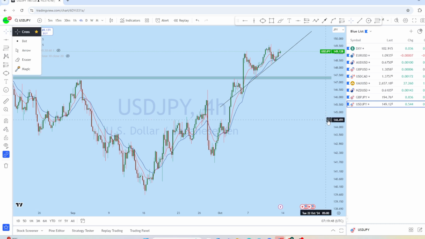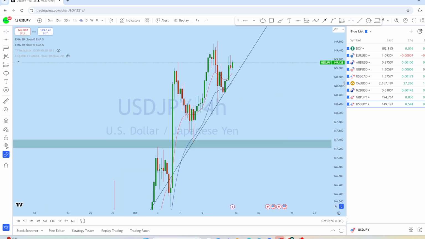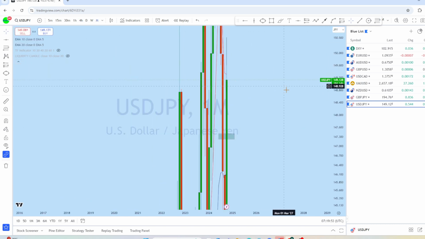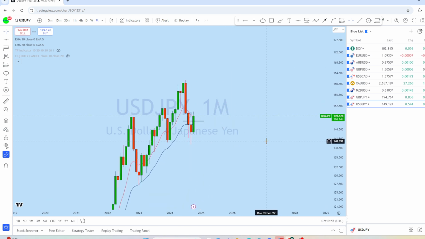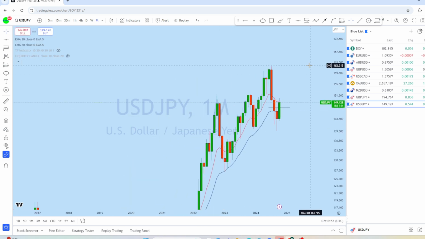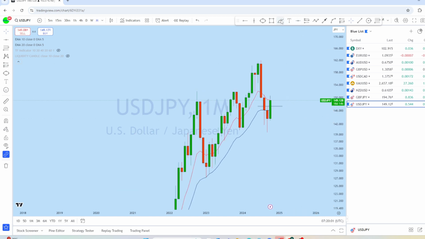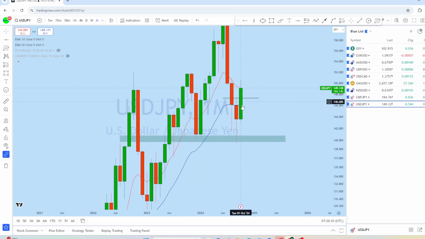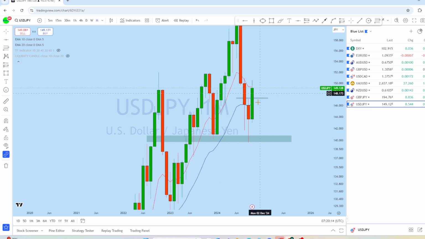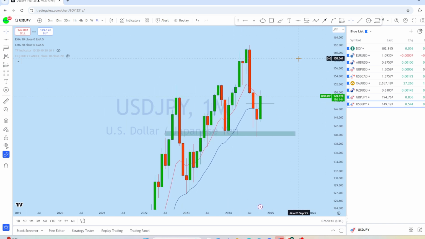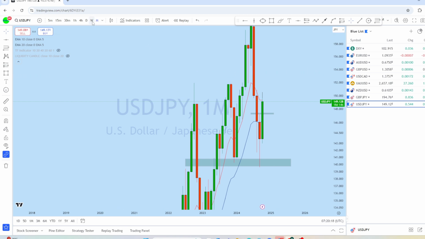Now let's look at dollar yen. Let's see what kind of trading opportunity we have in dollar yen. Looking at the monthly chart to see the overall picture in the market, we can see that from the monthly, dollar yen is a bull market. After back-to-back 3 months of drop to the support level on dollar yen, this is an important level of support. The market basically had a very strong momentum on the monthly, and we may see the price continuing to the upside to create a new higher high.